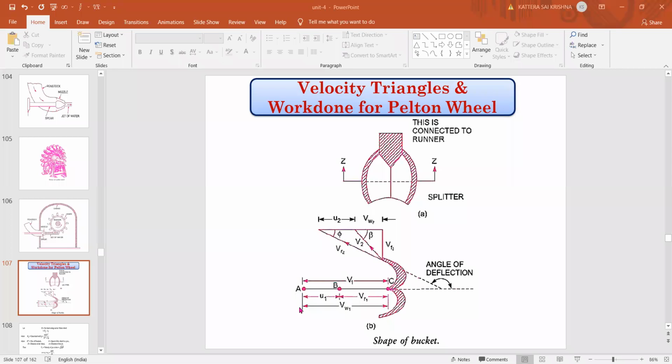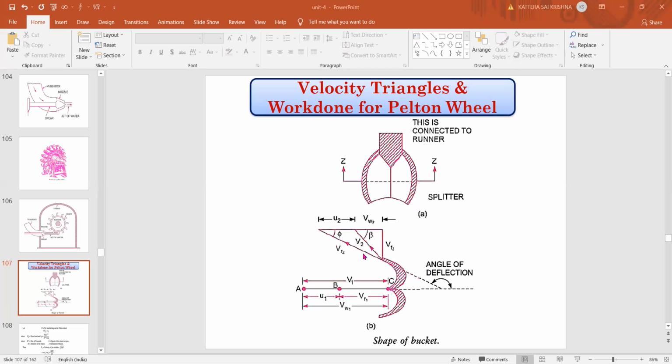Right, so you need to remember that in the case of the Pelton wheel, the jet at the inlet will come in a horizontal direction like this. We don't have any inlet triangle in the Pelton wheel at the inlet, right? After the jet hits the splitter, since it is symmetrical, we consider the outlet triangle at only one side. As the jet hits with V1 velocity here, after the deflection, this is the deflection angle where VR2 will come out, right? VR2 will come out at the deflection angle outside, and here the triangle will be coming fully, right?